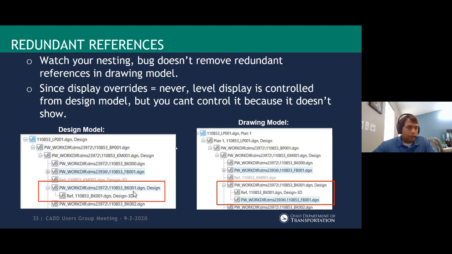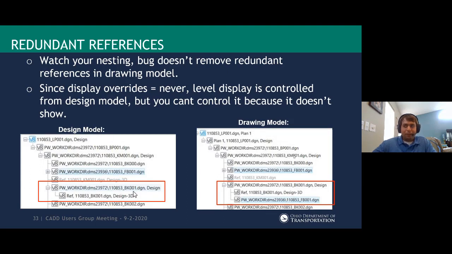And so I have a screenshot of my design model and then my drawing model after I cut from name boundaries. And what I want to point out here is if you look at the design model and you look inside this BK, it's only showing the 3D file, right? If I go over to my drawing model, it's showing the FB file, but the FB file is also up here. So there is a variable that's on by default that says remove redundant references. Even if you don't set it, that's the default. So it's working in the design model to remove that redundant reference, but for some reason, when you go to the drawing model, it's not removing that redundant reference.